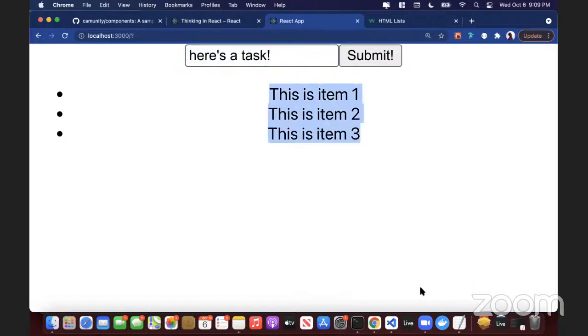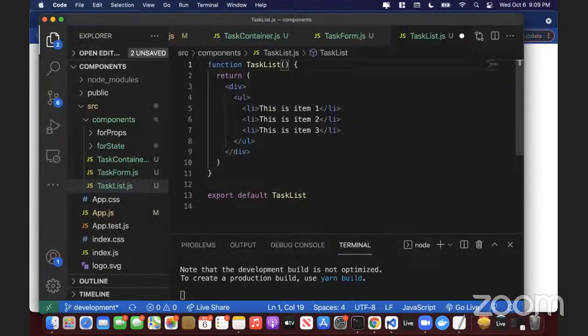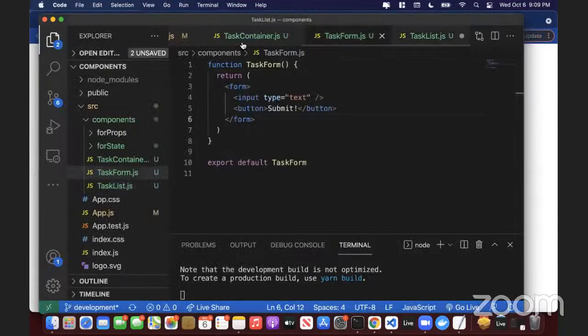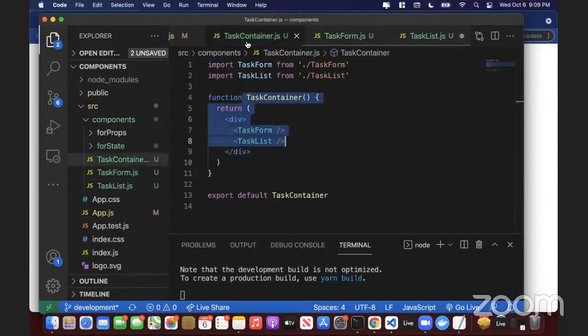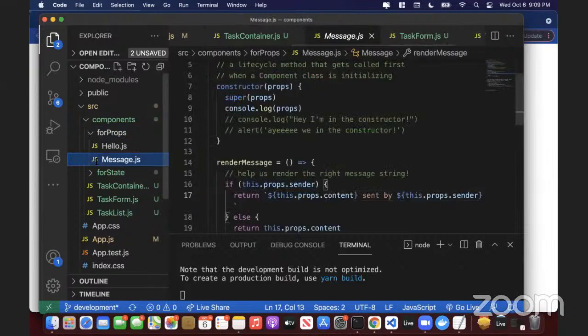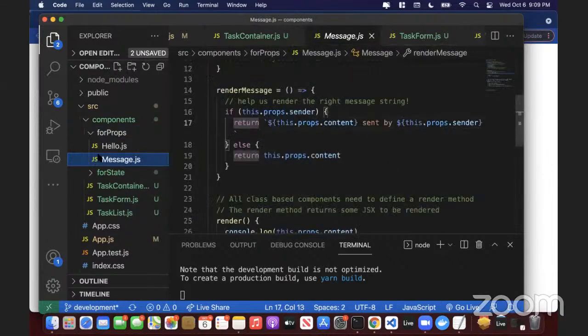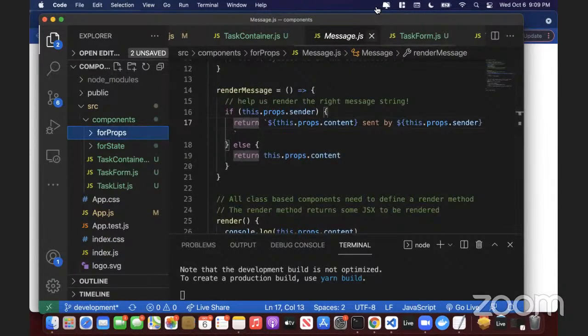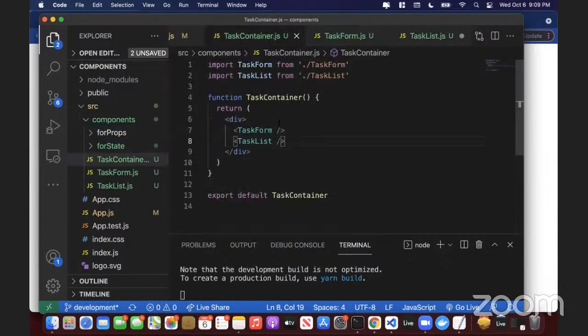is with props. So I really want y'all to get this concept. Props is what we use to pass data from component to component. And we talked about props a couple of sessions ago, right? We even have the old thing for props here with this message component, right? And what we saw with the props was that we have to pass the prop in into the component from